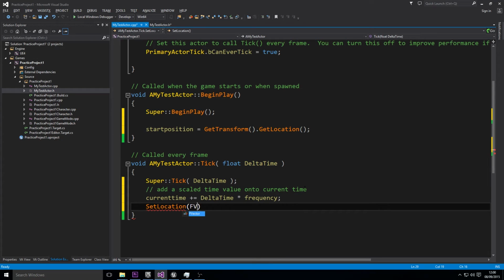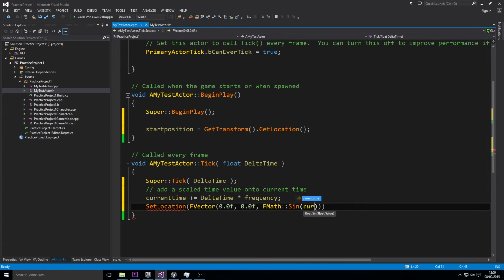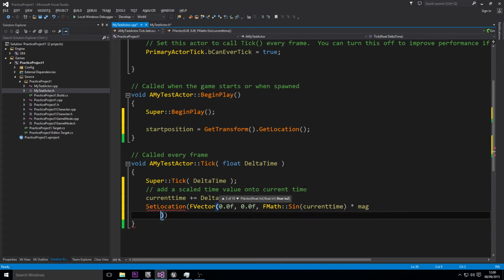And it's an F vector, and we do point not F. You notice me doing these point not Fs. The point not F thing makes sure that it's a single precision floating point number, and then FMath sin current time. So we're taking the sine of the current time